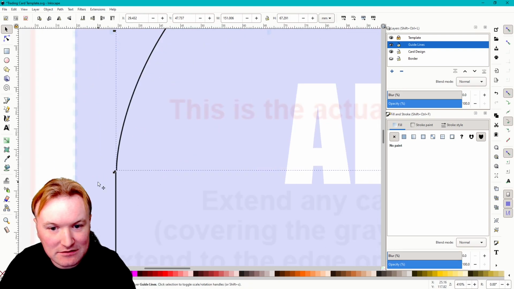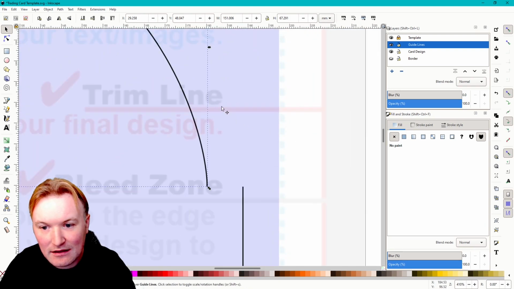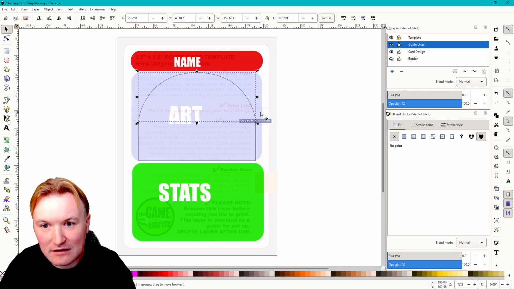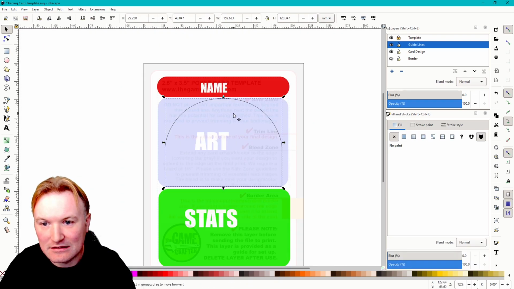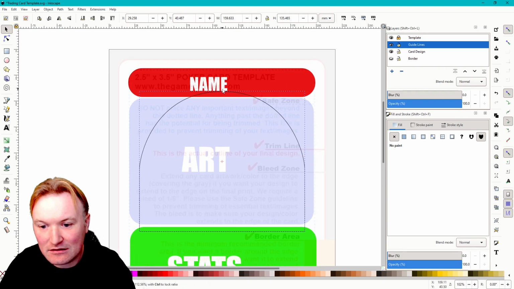Well, I can select them both, the final nodes, click that, and now it is one piece. Bring this down into place. So we want that locked in there. And I want that side locked in like that. So we've got our archway. That's excellent. Now the trick I want to do with the archway, just to make it a little bit more technical, is